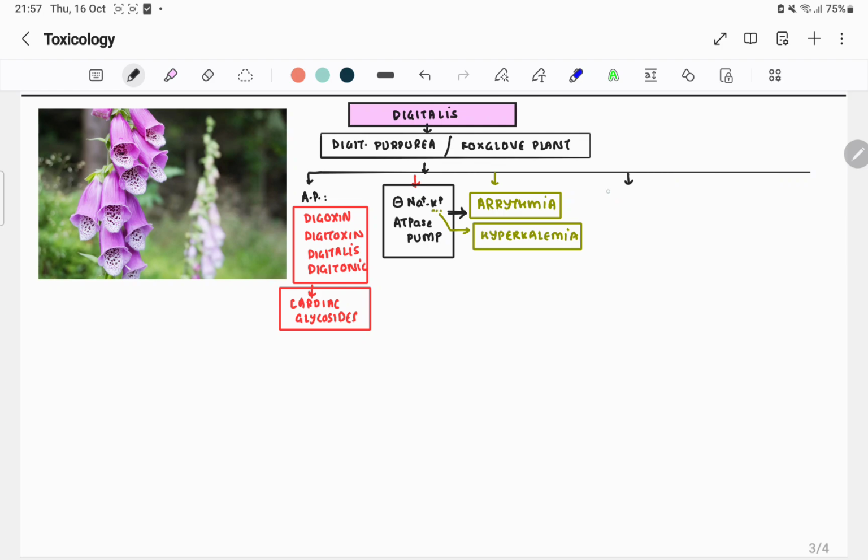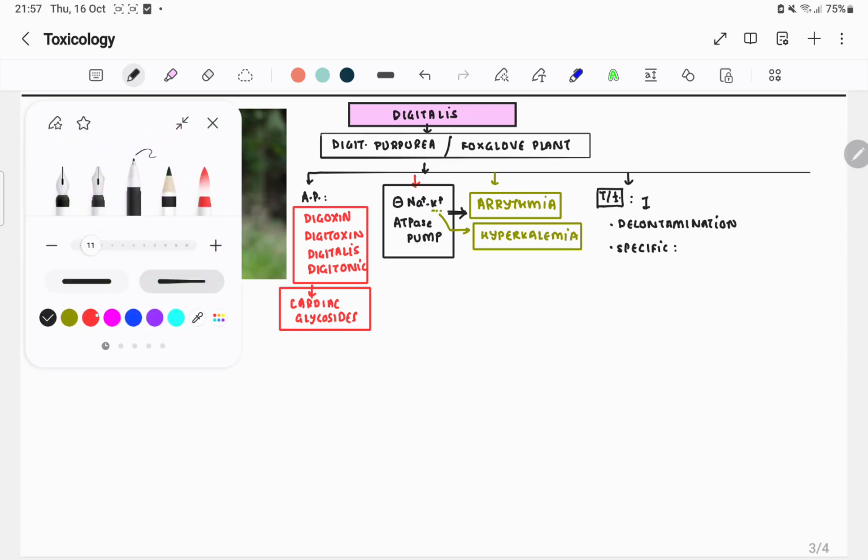And the main thing which I want to tell you is the treatment. How can you treat it, which is the primary duty of yours? The first thing, which is general, is decontamination, and we have a specific one: an antibody which binds to the